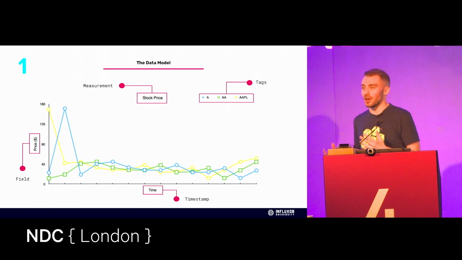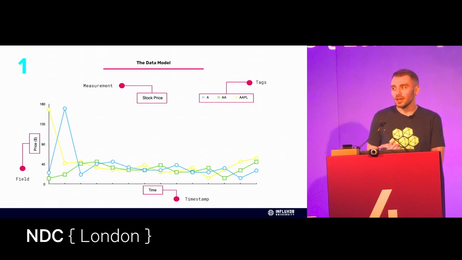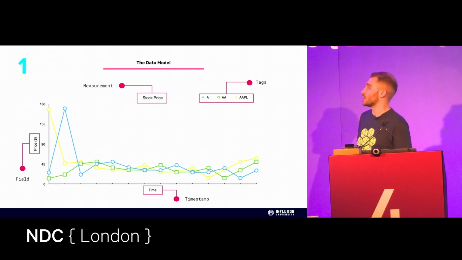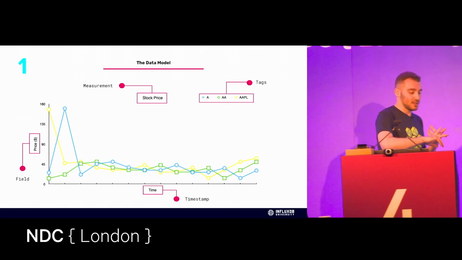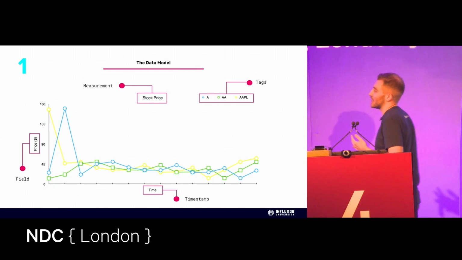I think it's really nice. I'm quite a visual learner, so I think it's quite easy to have a look at it in a visual way first. So when we talk about the characteristics of time series data, let's have a look at the humble line graph. So in InfluxDB land, we have a measurement, a tag, a field, and a timestamp.